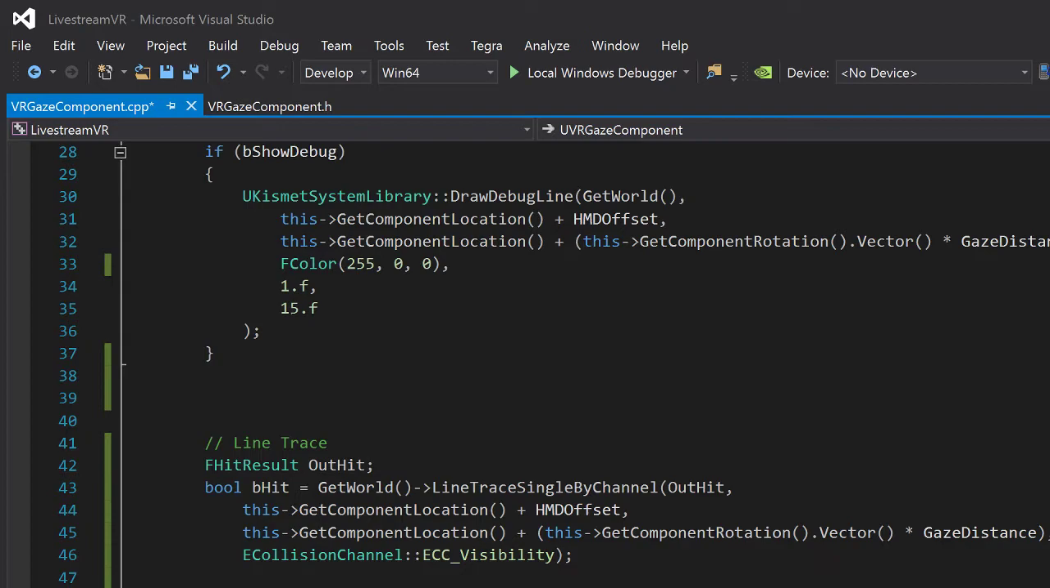Okay, so we need to convert this to a string. The problem with the on-screen debug message is, yes, it's a const FString, so we need to do a formatting. I've hit %s, right? Then we need to use FString::Printf, and what we need to do is out hit, get actor, and